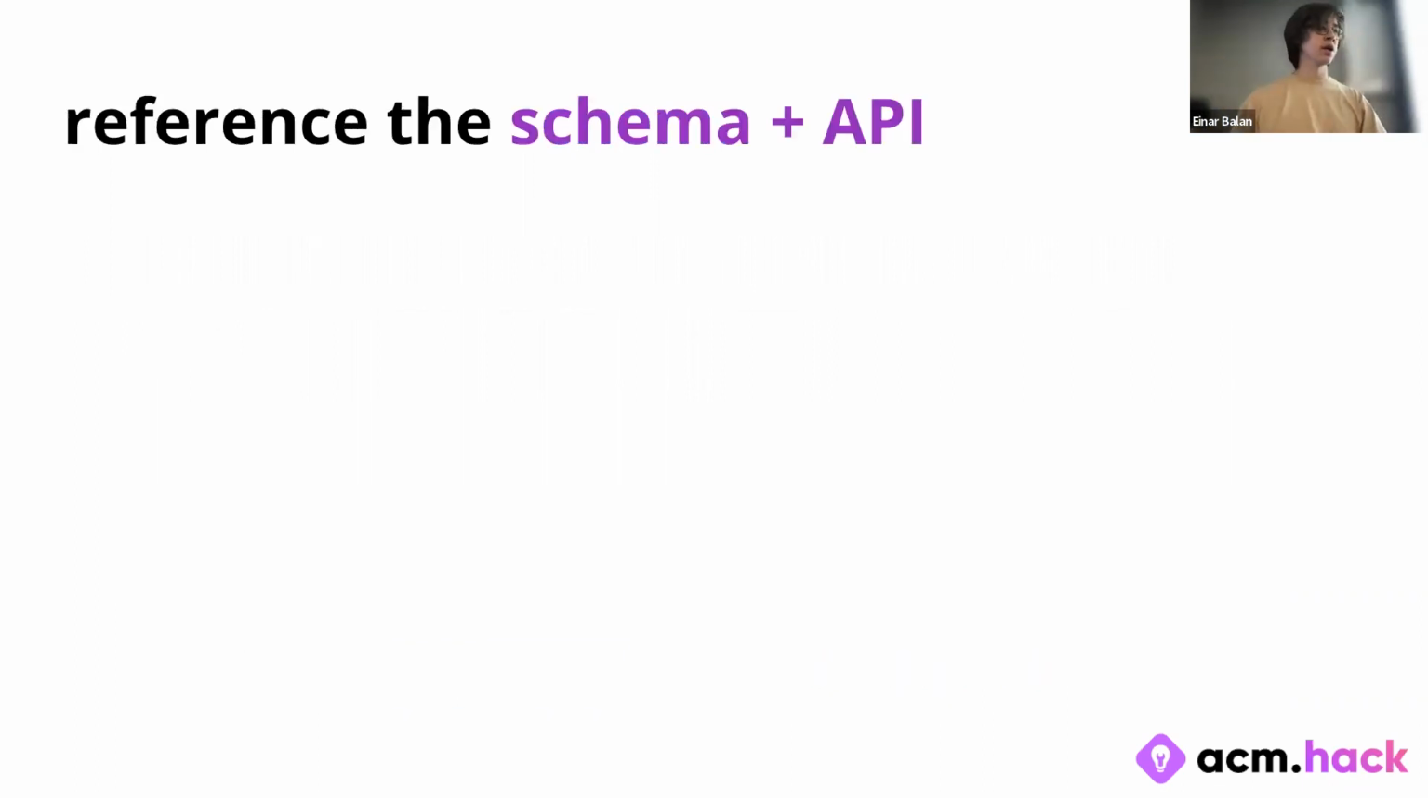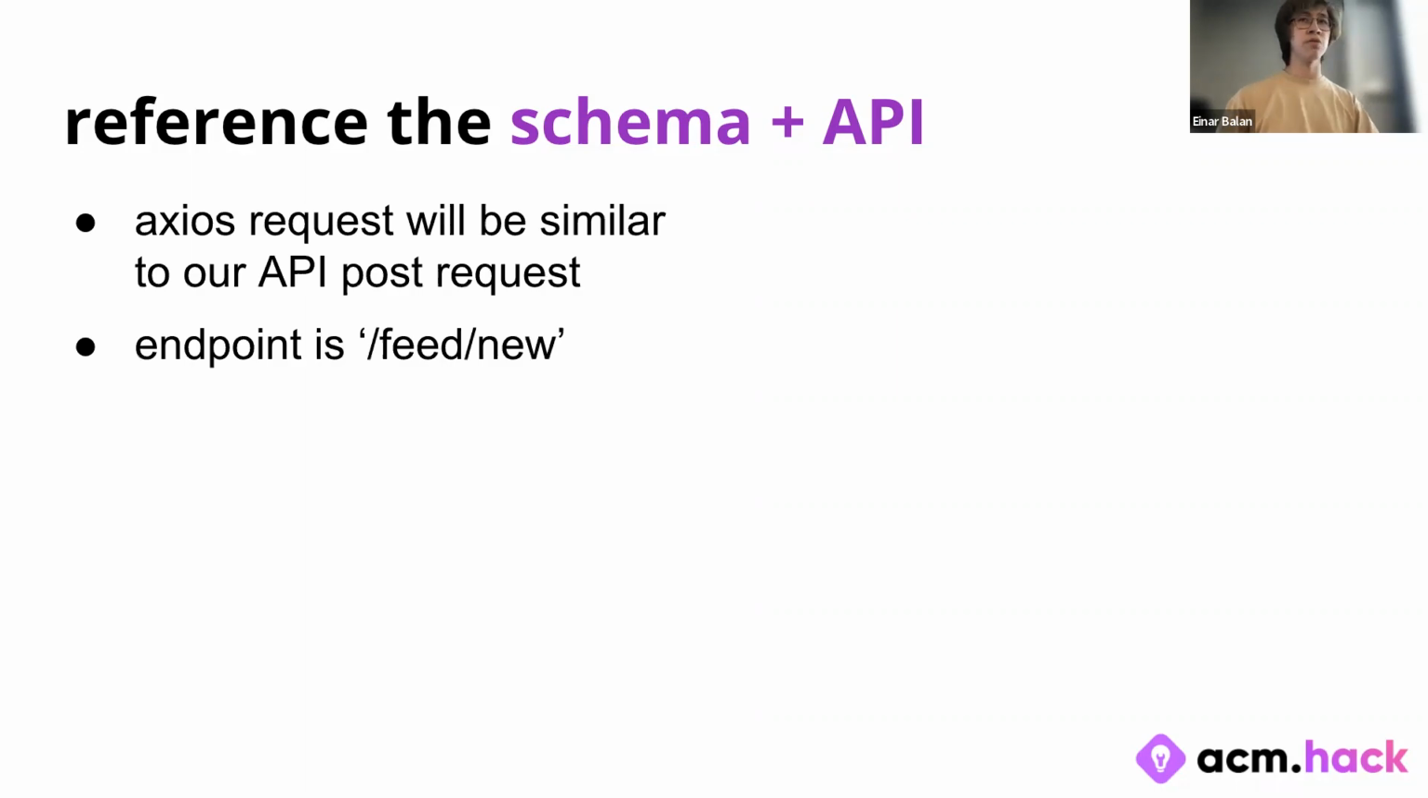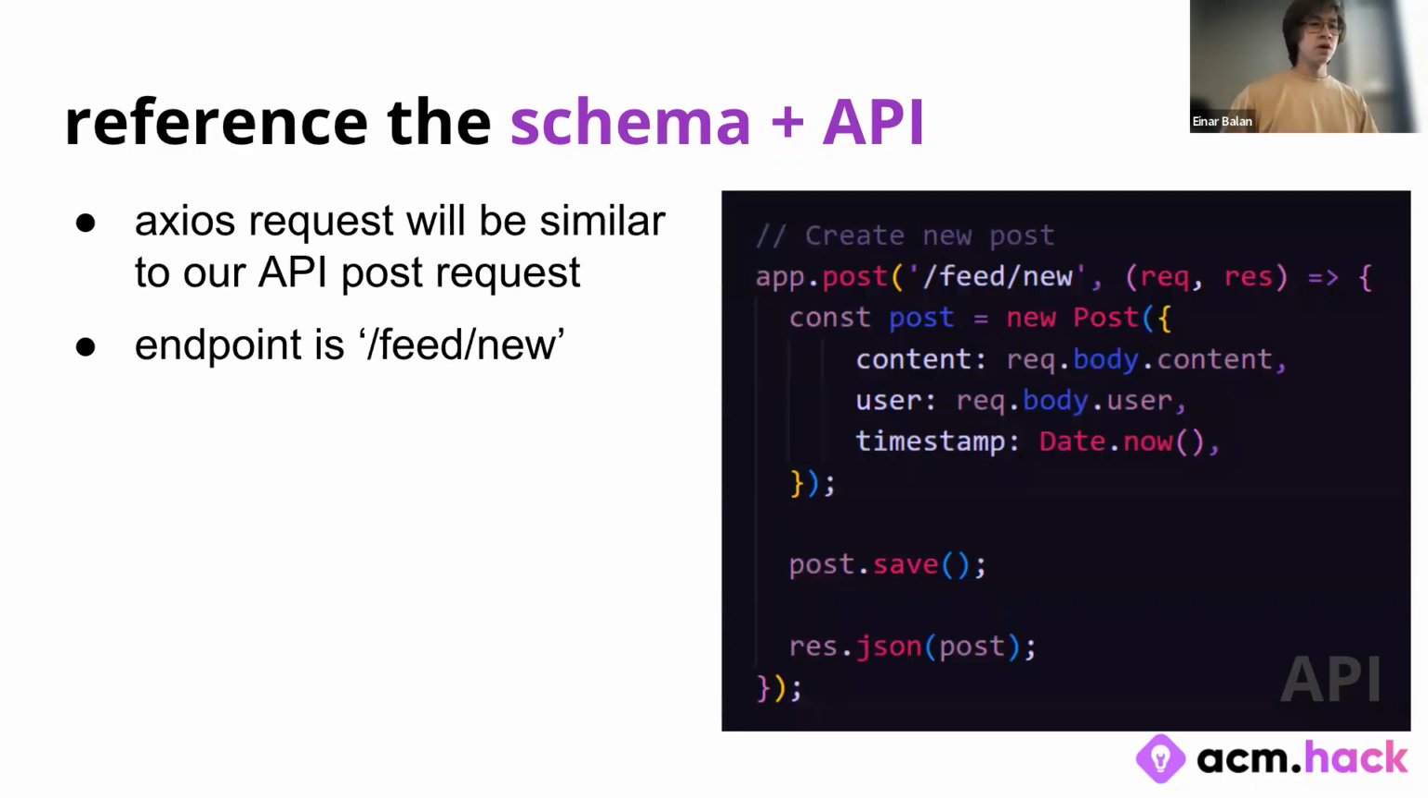So when writing these Axios requests, it's very important to reference your schema and API, because what Axios is really doing is just calling your API endpoint, and that's something we already wrote. And the syntax for this is very similar to our API, as you saw before with Einar's feed request. So as we can see here, this is our API function, and we want to create a new post in this case. We're going to be writing an Axios request similar to what Einar wrote, but it's very good to reference this because it's similar. We can see that our endpoint is /feed/new,